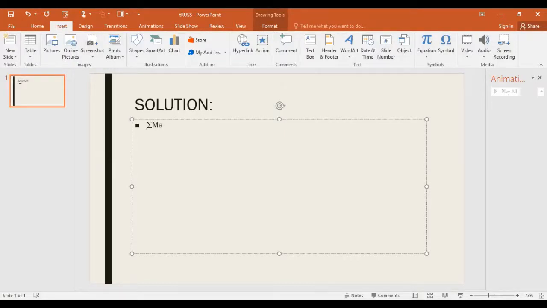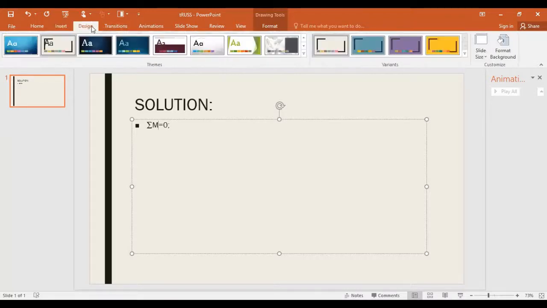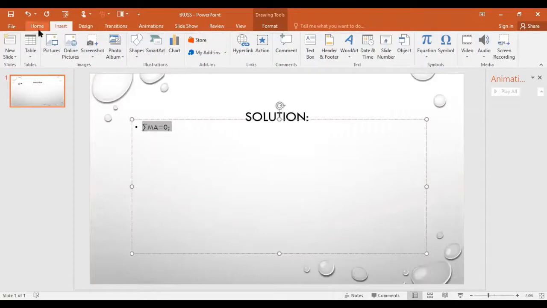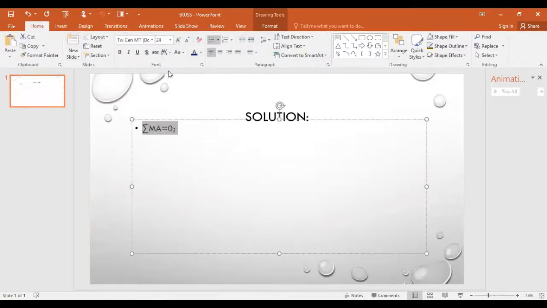So how can I take it first? I'll tell you. I'm writing it here like this, and I want this A to be capital. So I am going to select capital or small, whichever you want to take. For example, I have taken the Design slide, the one in which I am getting the smaller values. So I am going to select this one and write capital A here, and let me increase its size. I think that will be more visible to you. For example, I have increased the size like this.